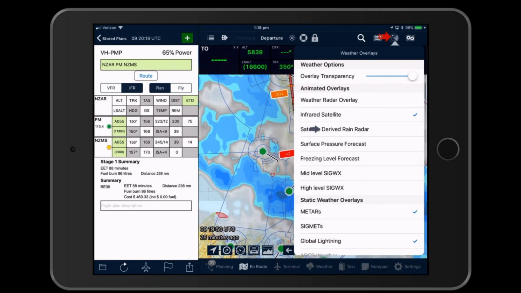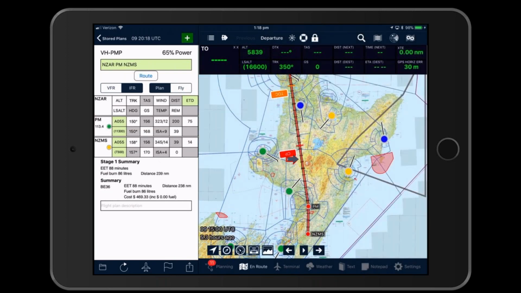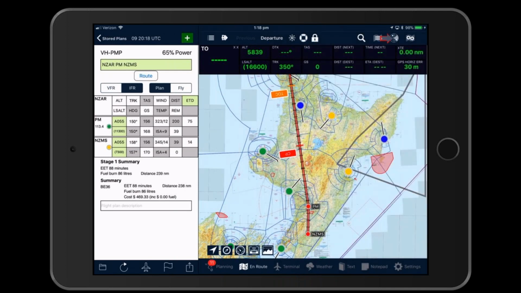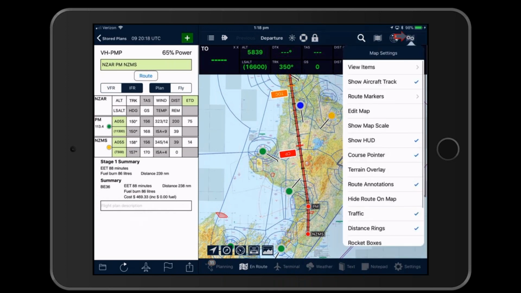A few other things we have: surface pressure and freezing levels. Freezing level forecast looks something like this. We have also a bunch of map overlays that can be enabled. So under map settings, which is the first button at the right at the top,